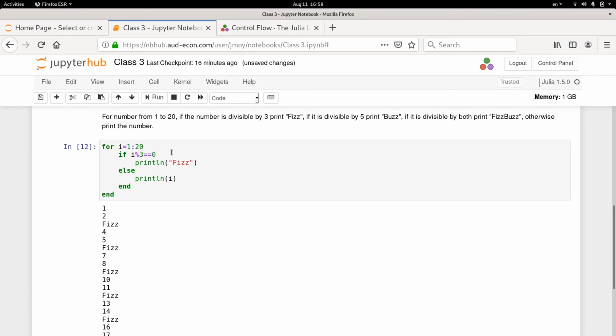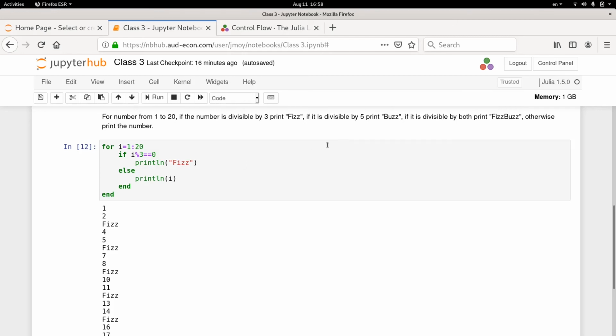So this is actually checking equality in the mathematical sense, whereas the single equal is just used to assign a value to a variable. So you say double equal to 0. So basically if divisible by 3, print fizz, otherwise print i. Okay, and end. So now you see this println is inside the control of both the for and the if. So indenting matters, it's telling us exactly which statements belong to the body of which. So the body of an if can have multiple statements, else can have multiple statements, and so on.